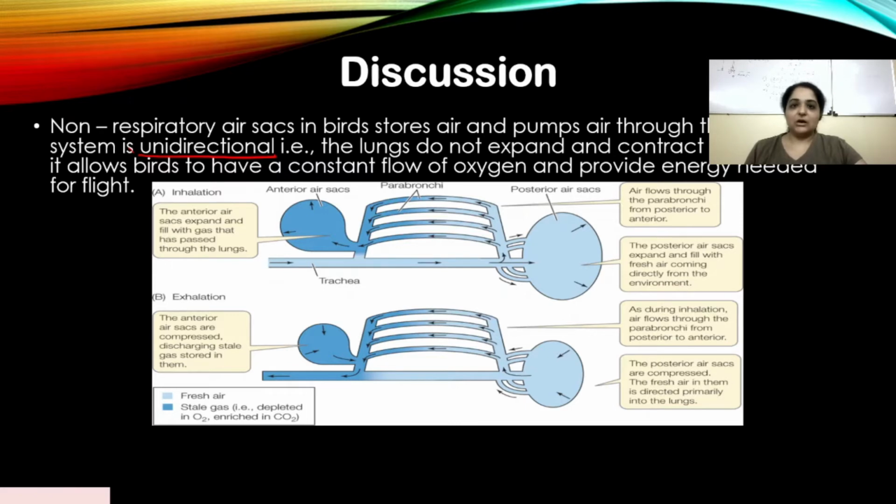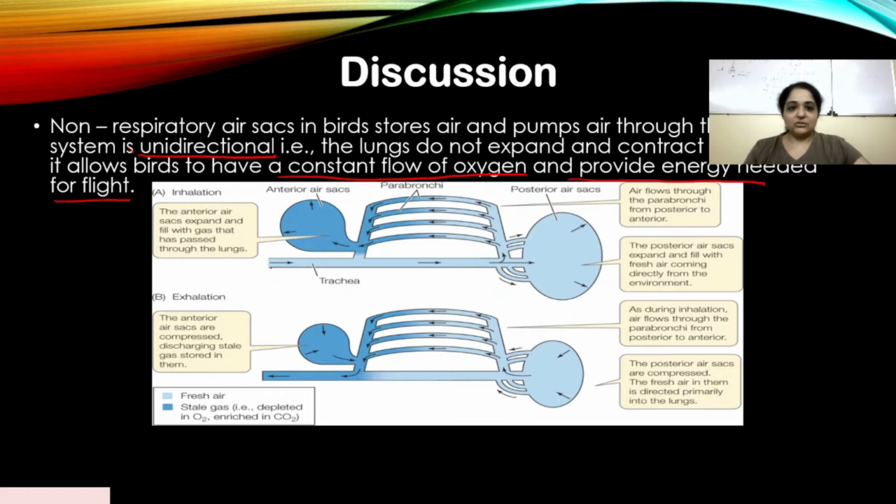But in birds, it does not happen. The posterior and the anterior air sacs are the ones that are increasing and decreasing in size, inflating and deflating. So this provides a constant flow of oxygen, and hence provides the energy needed for